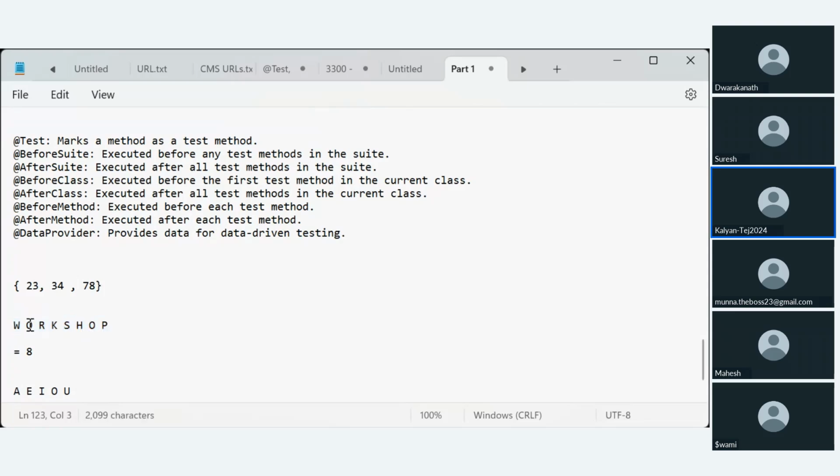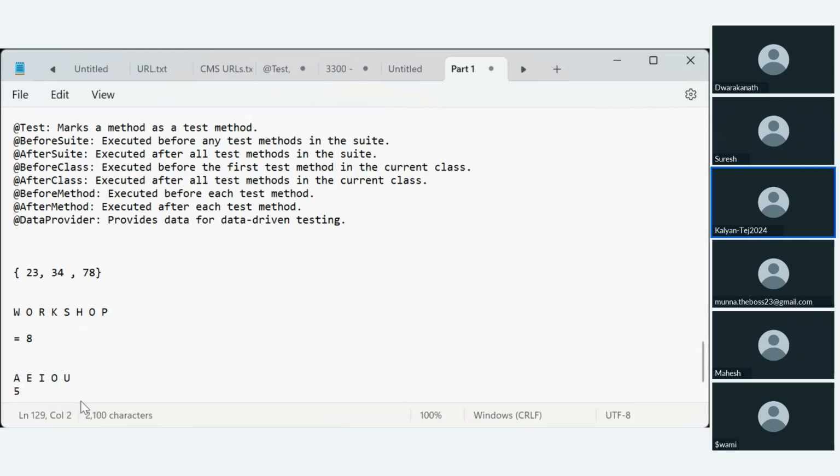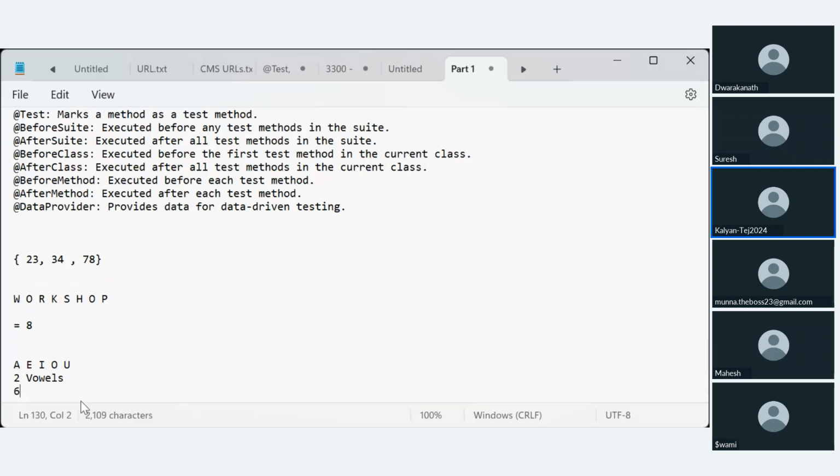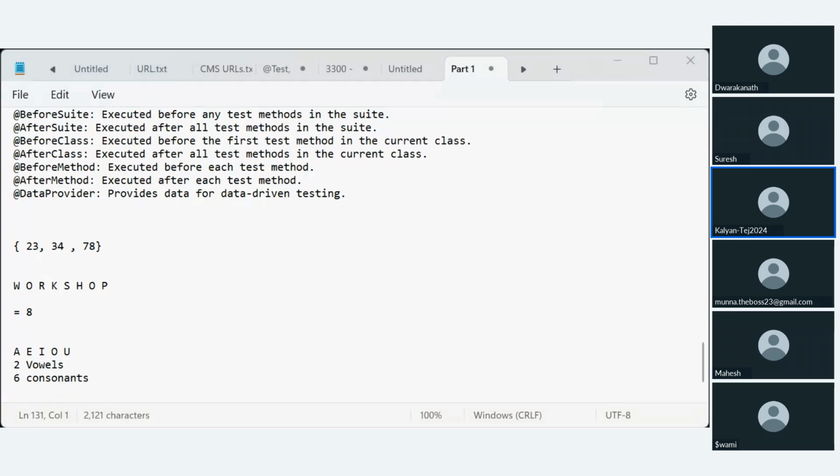O is a vowel, and there is one more, so two vowels, and the remaining six are consonants. These are a few of the most commonly asked Java programs.